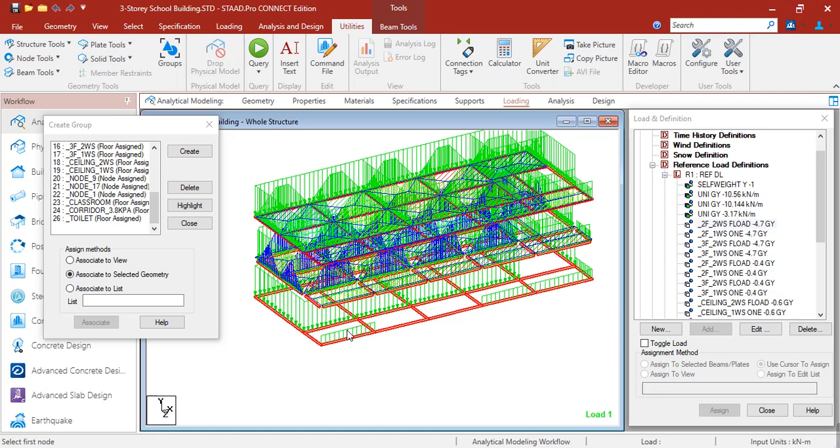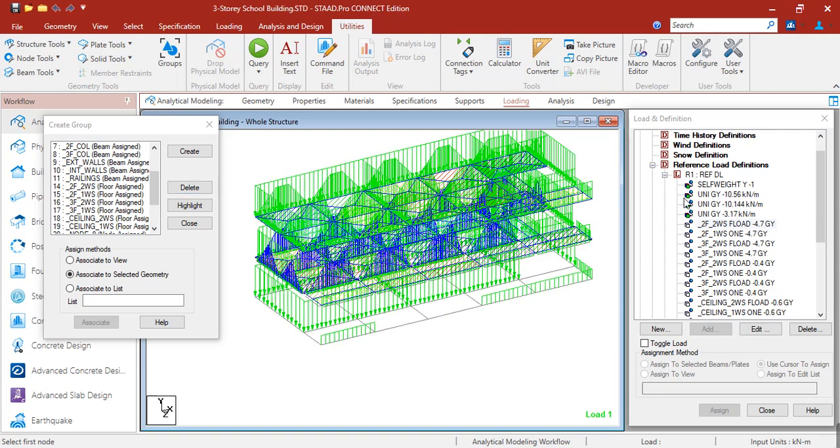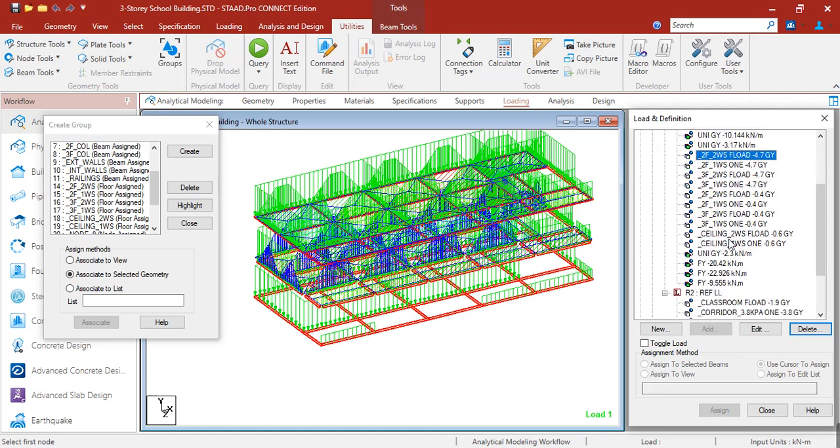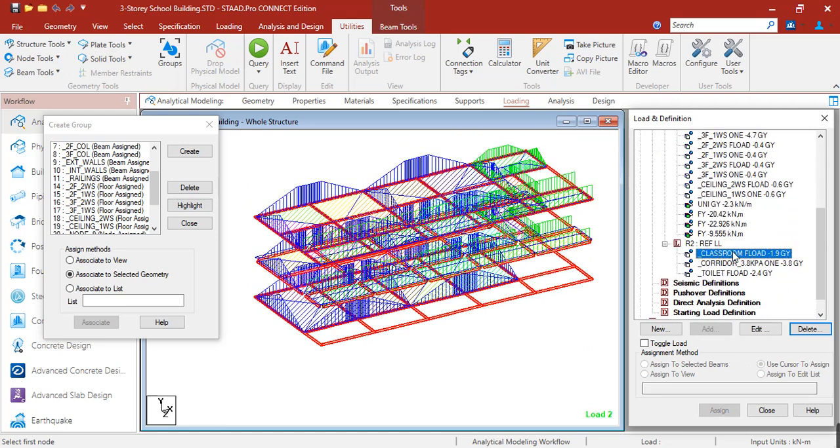Okay. But for the slab, it is a slab on fill. So it is directly on the ground. Okay. So we can now delete also the ground floor to the 2 WS and ground floor 1 WS. Okay, so let's check again our loading. So for the dead load, for the live load,